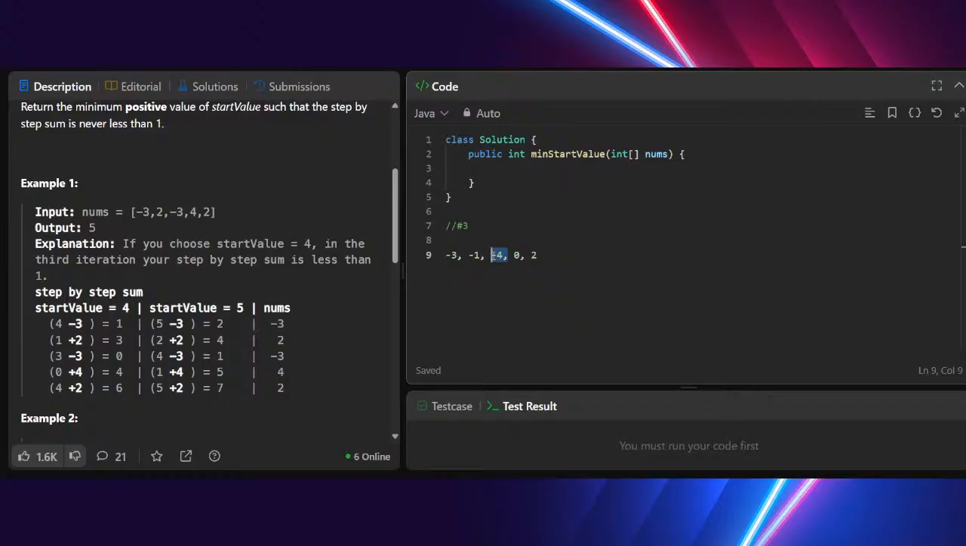Then what would you start with? 5 minus 4, right? So it's as simple as that. So you find the smallest possible cumulative sum value, and then how much you need to make it 1. It's as simple as that, no? So